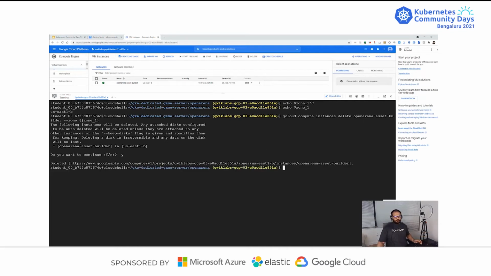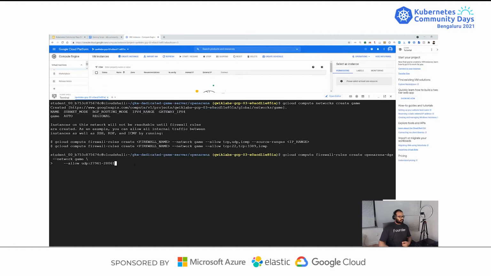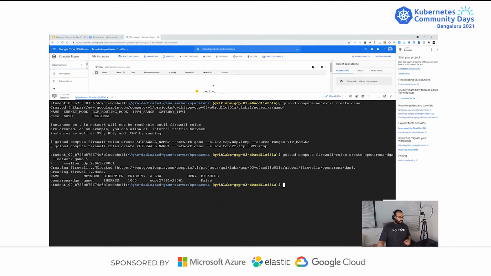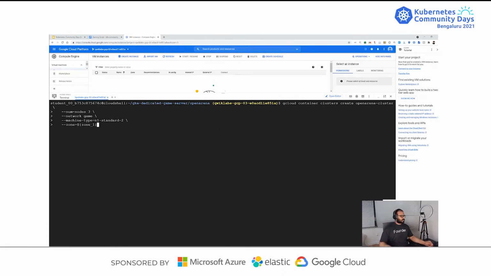The next step for us is we have the container ready, we have the asset disks ready. The next step is creating a Kubernetes cluster. Again, let's make it quick. Let's use the cloud to make sure that we have all the networks ready and then the clusters ready for our deployment. So I'm just creating a basic network, and we will apply a firewall rule to open the UDP port for the network. And this is the network which we will use to deploy the Kubernetes cluster.